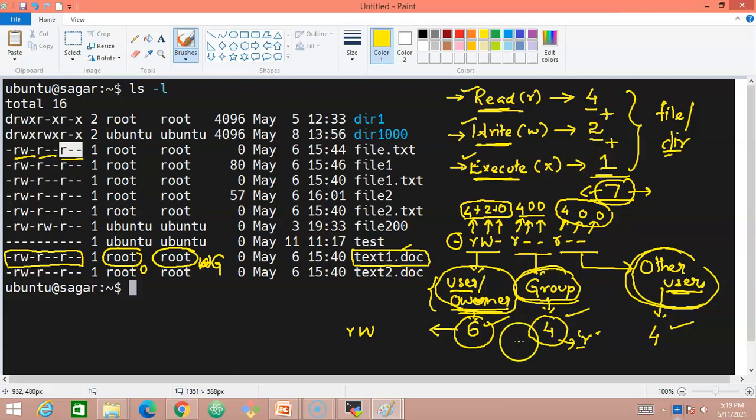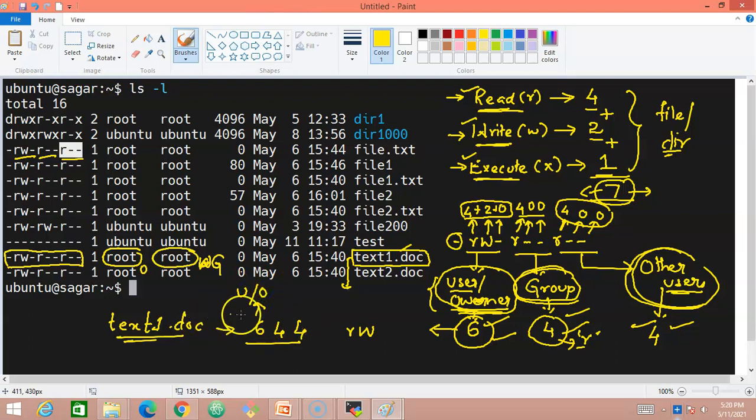You should be able to say that this particular file called text1.doc has Linux file permissions of 644. See, look at this, 644. These are the values I'm trying to write in. The first 6 belongs to the user or the owner of the file, and the second value belongs to the group.